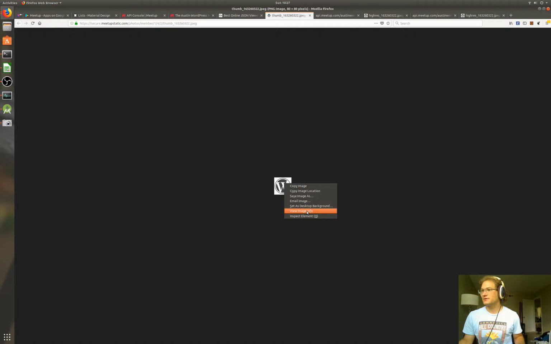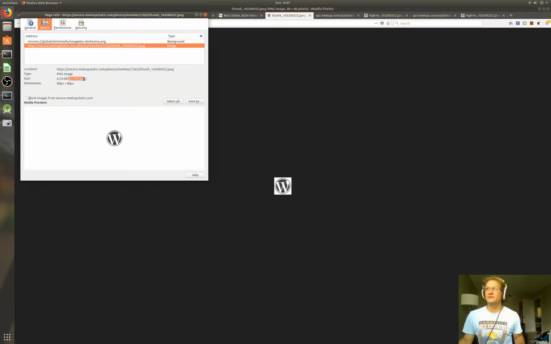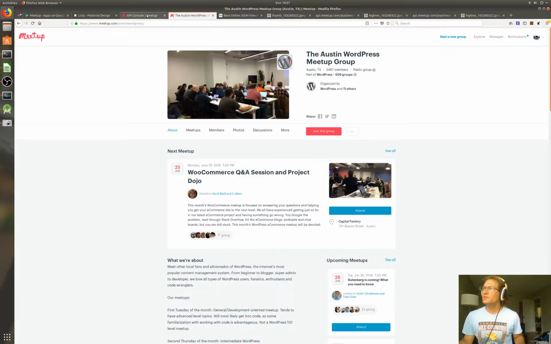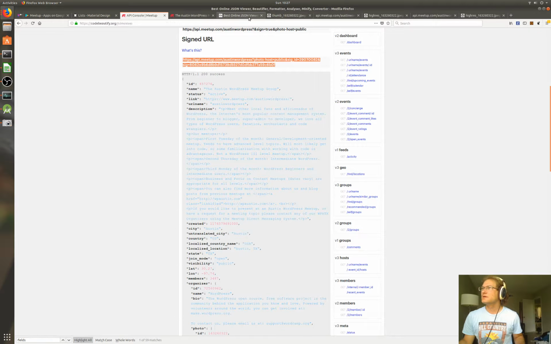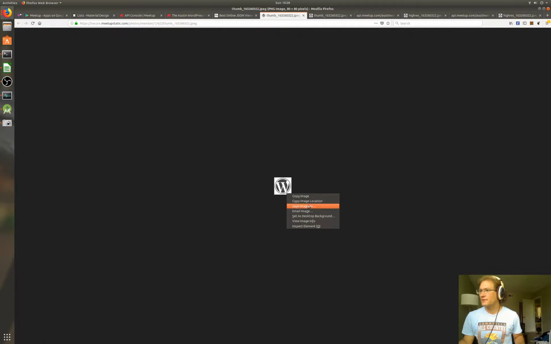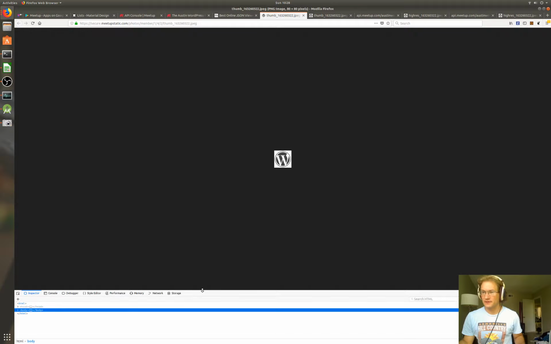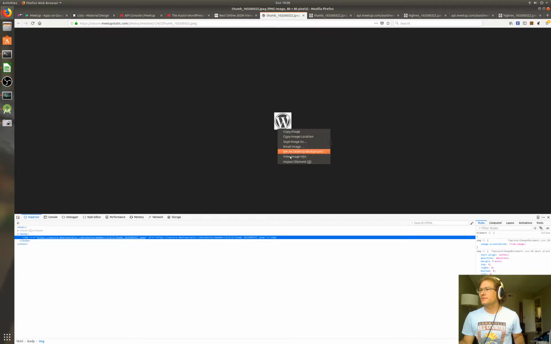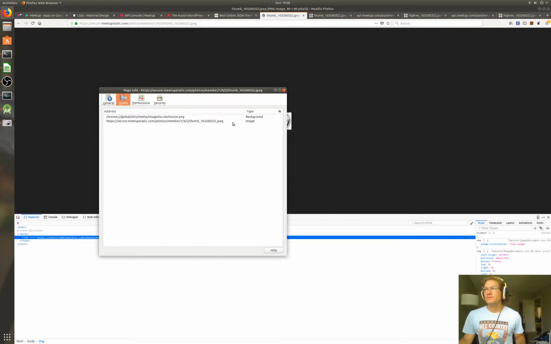So this one, if we go to the image, is the low-res one bigger than the high-res one? Is that what we just saw? So if I go to thumb, and I go to view spec element, can we get those details here? I don't know if we can. View image info,